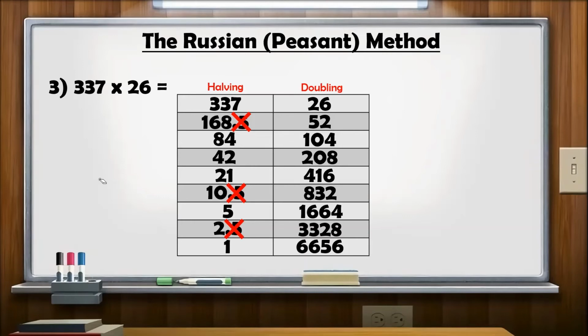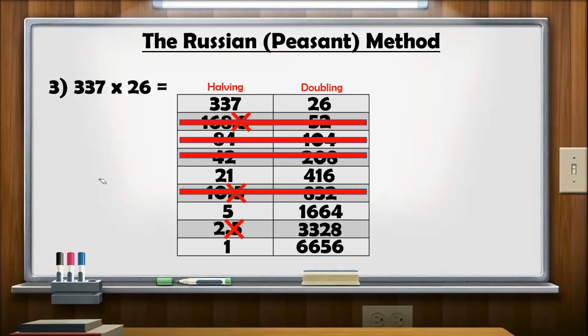my step 2. My step 2 will involve me in eliminating any even numbers in my left-hand column. So the first even number I can see is 168, so I'm going to eliminate the whole row. The next even number I can see is 84, so I'm going to eliminate that row. 42 is the next even number I can see, so I'm going to eliminate that row. 10 is the next even number I can see in my left-hand column, so I'm going to eliminate that row. And the fifth and final even number I can see is the number 2, so I'm going to eliminate that